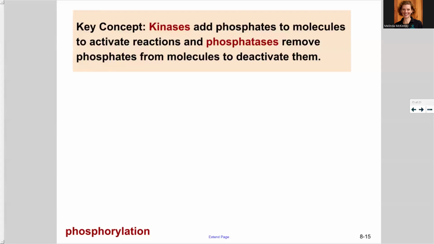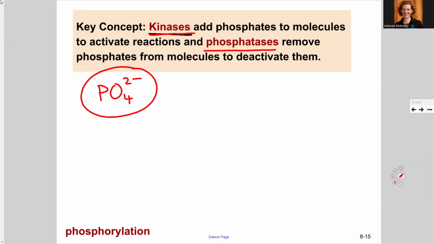This Bio 181 Chapter 9 video on cell signaling is talking about specific classes of enzymes that are involved in signal transduction pathways that are called kinases and phosphatases. So kinases add phosphates. So remember, phosphate is PO4 2 minus. This was a functional group. These are high energy